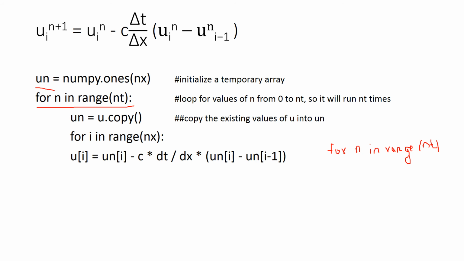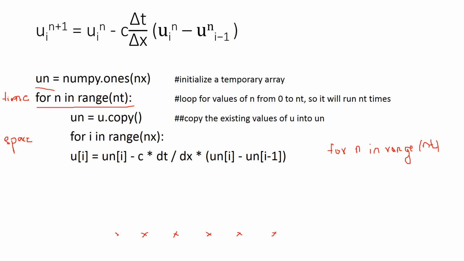So what do you mean by this? For example, in the initial condition we had the values given, so that will be copied into un. Next, for i in the range nx, since we are using time and space, one for loop is for time, and the second loop is for space. So for i in the range nx, how does this proceed?